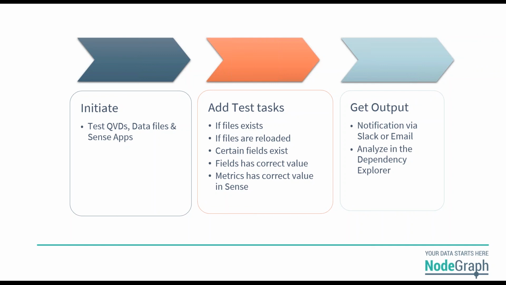It's also something that can ensure a lot of trust in the organization, because if something happens with a reload and an application does not work, you will know that prior to people actually looking into the data. You can give them notifications and tell them, we have identified something wrong with this application. Please give us 1 hour, 1.5 hours, and the numbers will be correct. In that way, you will also give a better understanding of the data.